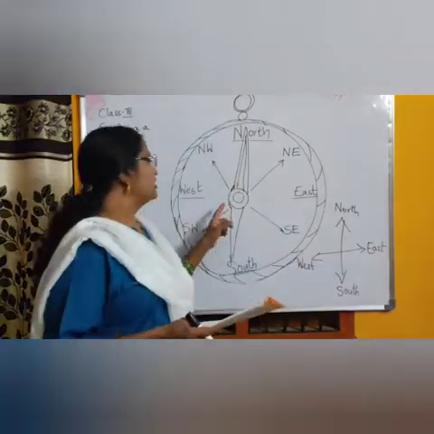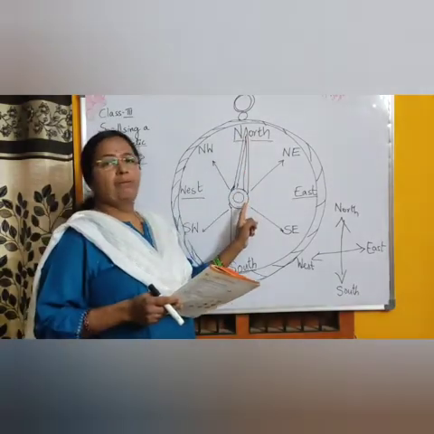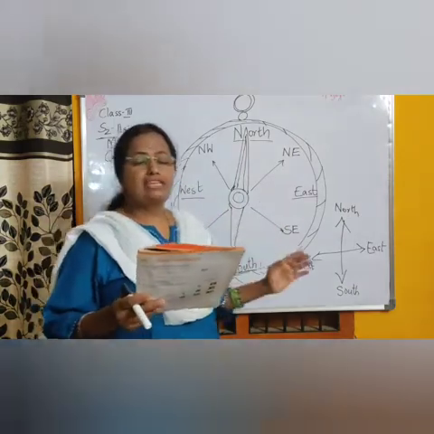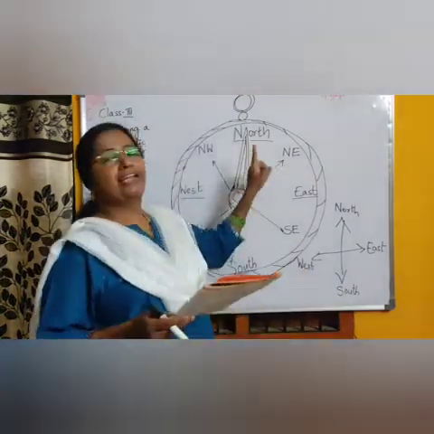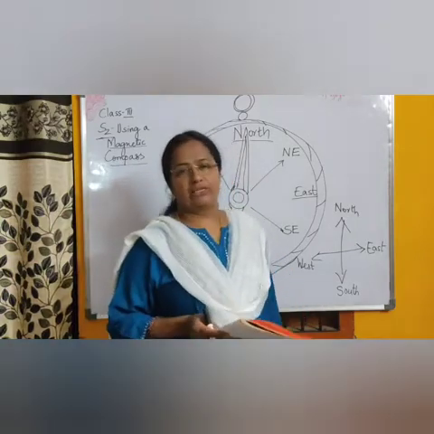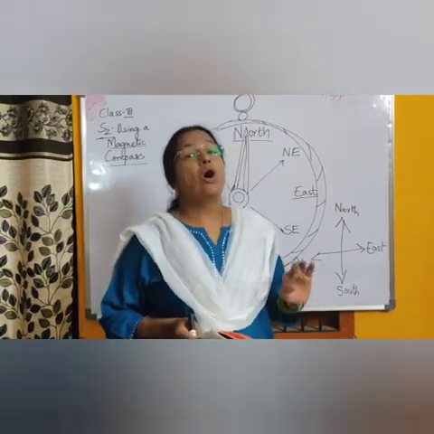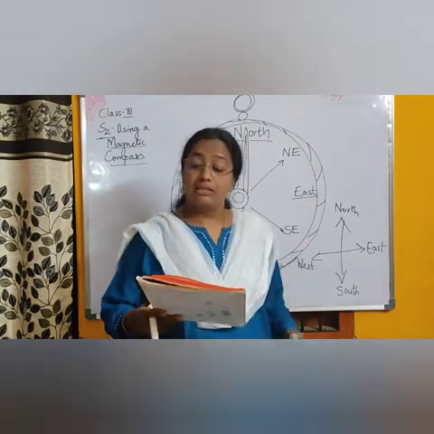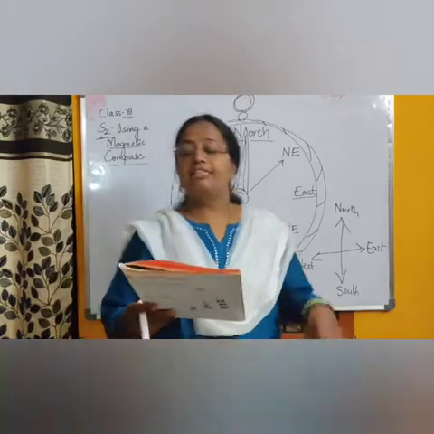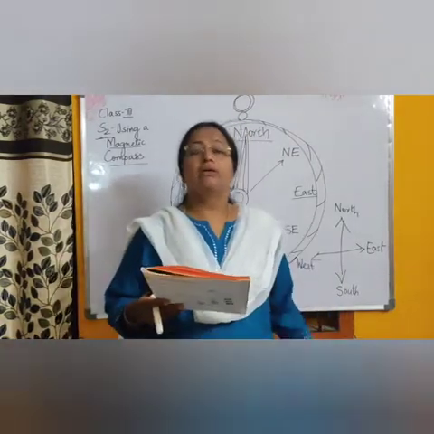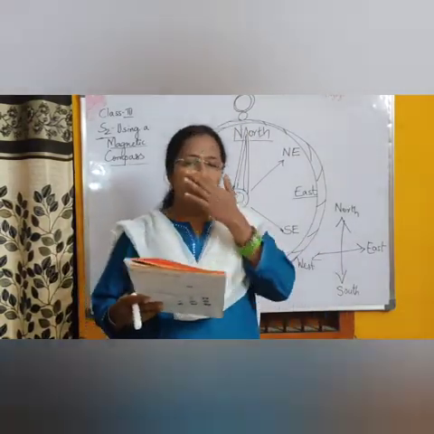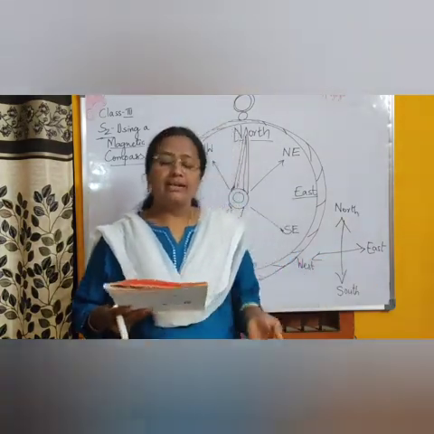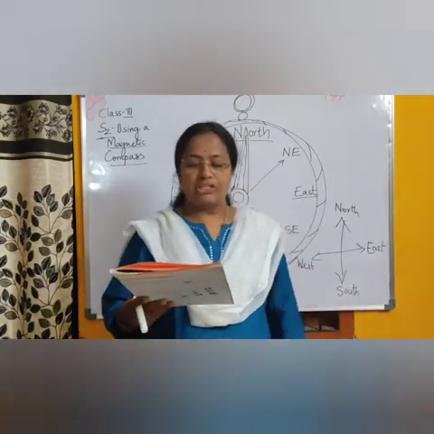So, in which direction does the compass needle point? So, what will you write? The compass needle always points to the north direction. This is the first point. Then, the second part of the question is, which is its opposite direction? Opposite of north direction is always south. So you can write south is its opposite direction.